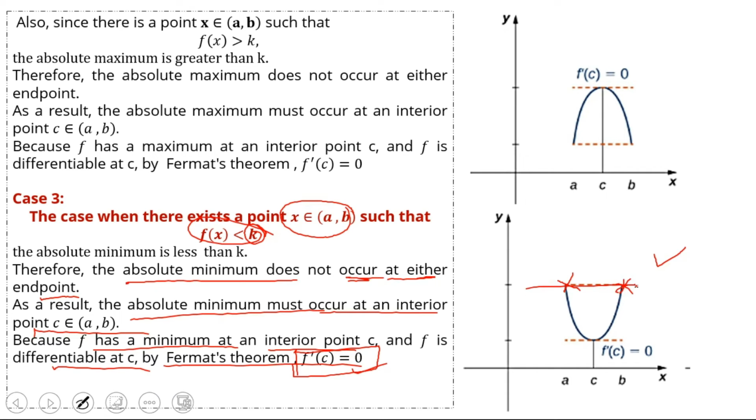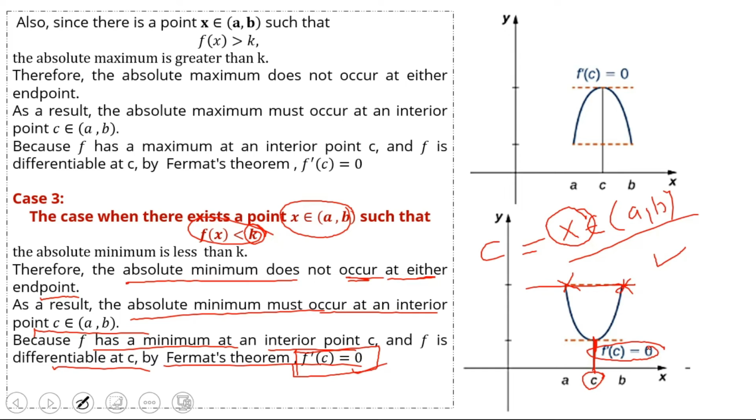This means there must be at least one interior point belonging to the open interval (a, b) on which the derivative of this function will be equal to 0. We say this x is c. So this is our interior point, and this is c, and at this point the derivative of this function